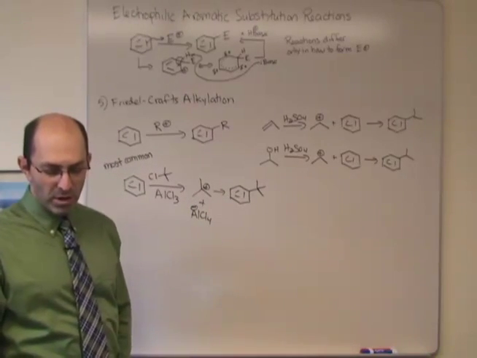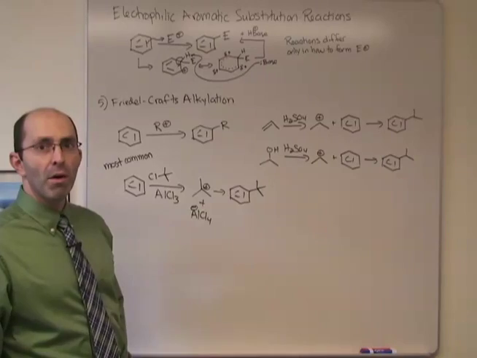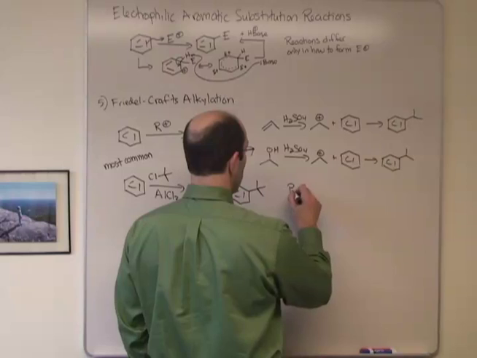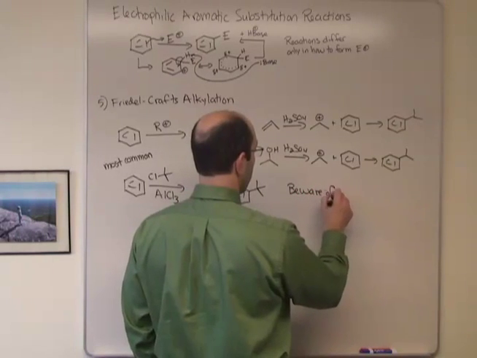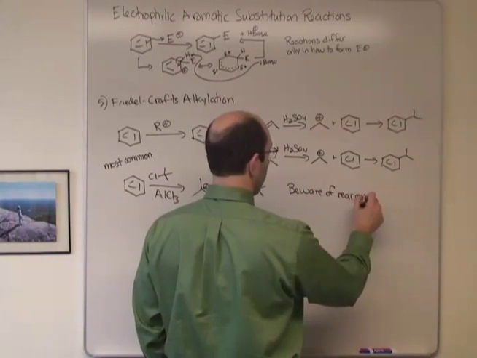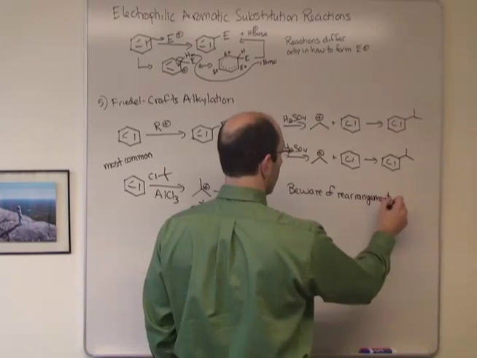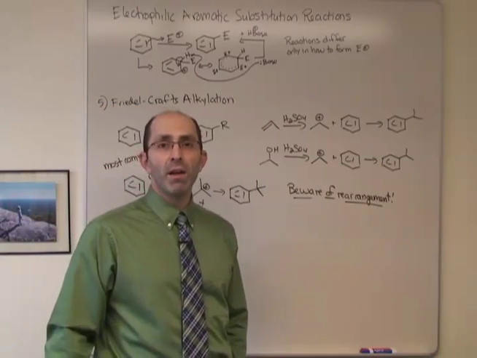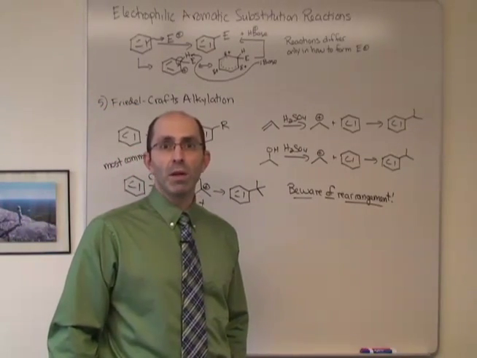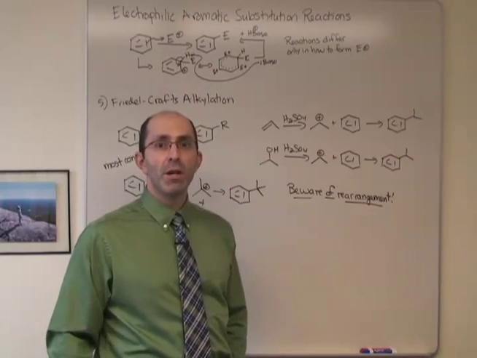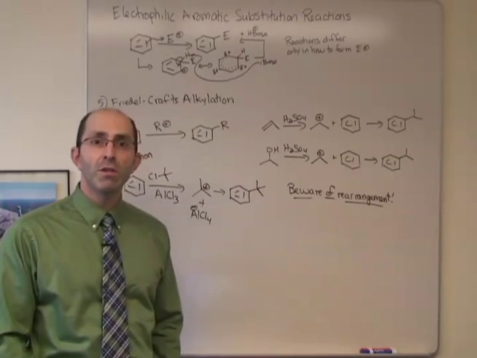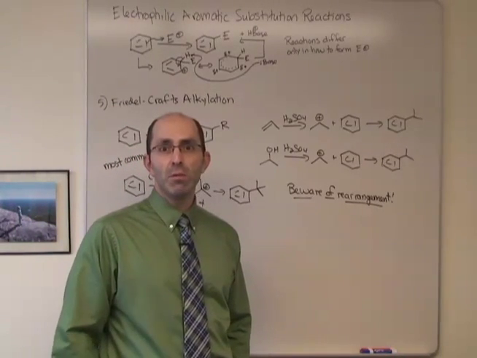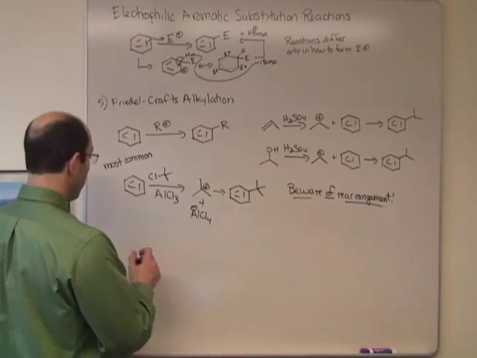And as we saw in class today, it's really important to remember a couple of things about these Friedel-Crafts reactions. For the alkylation reaction, beware of rearrangement. This is a major problem when you're doing Friedel-Crafts alkylation reactions. So don't forget that if you want to do something in which rearrangement can occur, it will occur in these alkylation reactions. Remember, our solution to that is to use acylation and then remove the carbonyl using the Wolff-Kishner reaction. That's a useful thing to do. And then the final thing to remember,